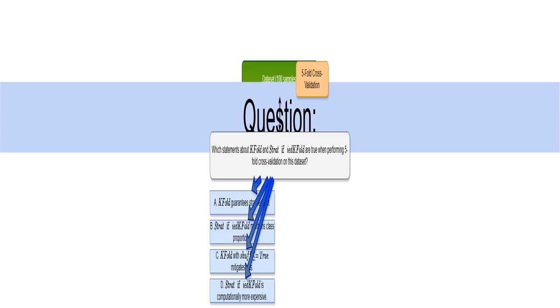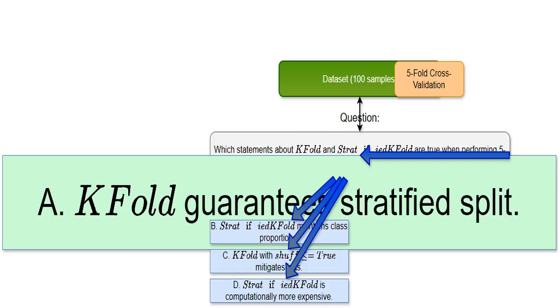I'll evaluate 4 statements related to how K-fold and stratified K-fold handle data splitting in cross-validation. I'll use my understanding of these techniques to determine which statements are correct. This statement focuses on stratified K-fold's core feature, maintaining the same proportion of each class, like positive or negative examples, across all the folds. This is super important when dealing with imbalanced datasets, where one class has far fewer examples